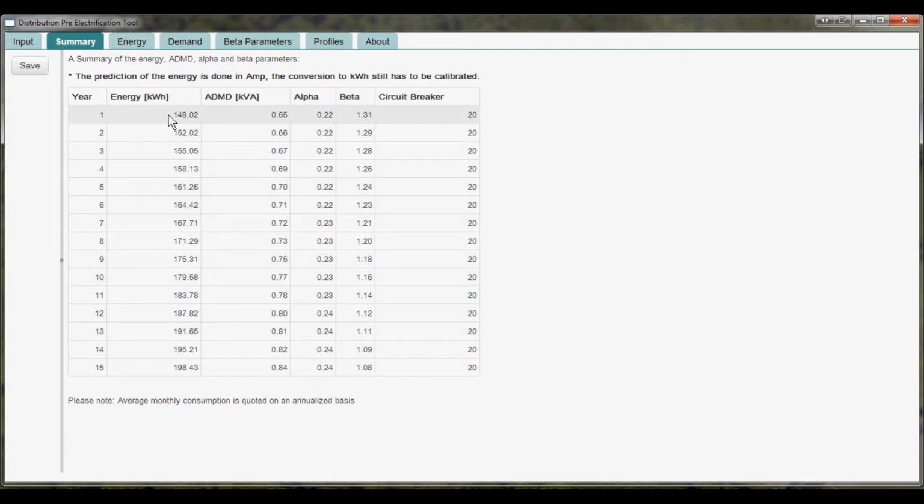So our community for this input value that we've selected starts at 149 units per household per month. That's an average throughout the year, and goes up to 198 units per household per month. The ADMD likewise starts at 0.65 and goes up to 0.94. Okay, so that's the forecast for the consumption and the demand and the parameters of the demand over a